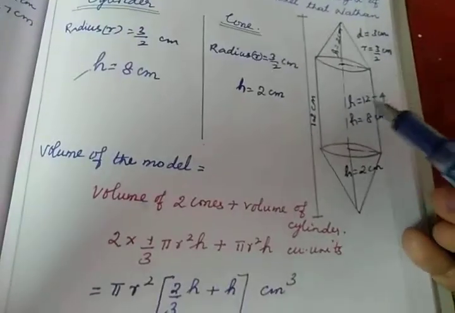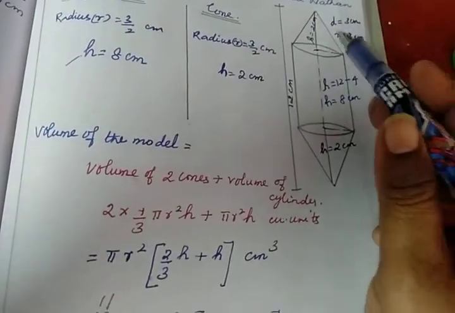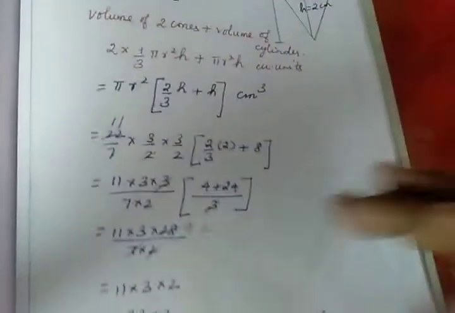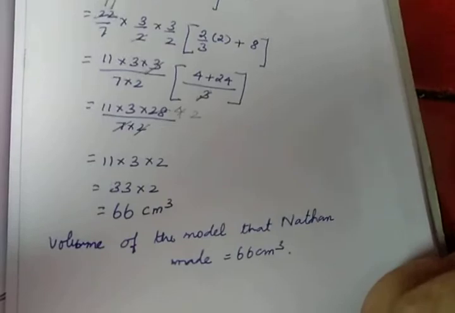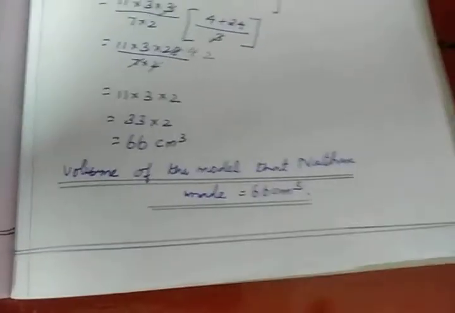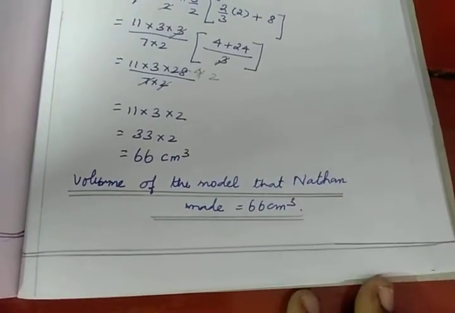There is another method of finding this, calculating the volume of the cylinder separately and volume of two cones separately and then adding it. Okay, that will be a very lengthy process. If you write like this and take the common ones outside, it will be easy for you to calculate. Okay children, so with this sum number 2 is completed. After completing it, underline the conclusion and draw a line.